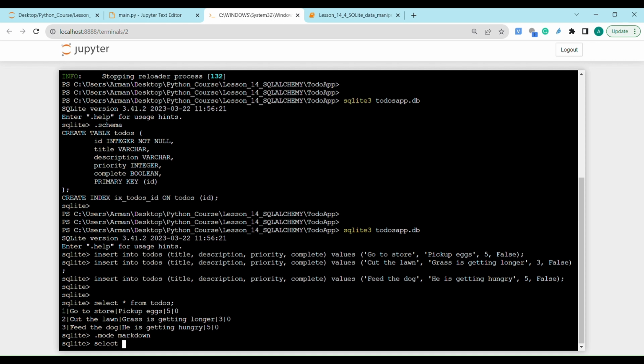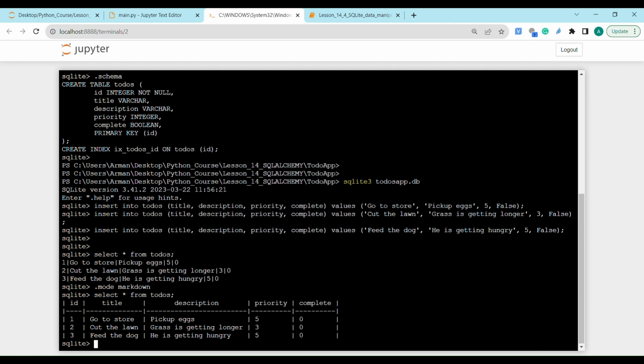So here, if I say select everything from the todos, we can see now we have a beautiful picture like a pandas data frame. We have the columns: id, title, description, priority, and complete. And in our case, we also have the values with the id 1 to 3, the title, the 3 items,